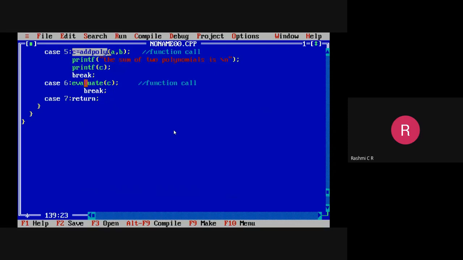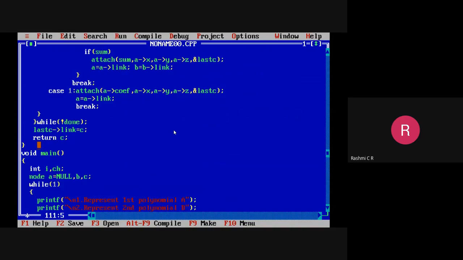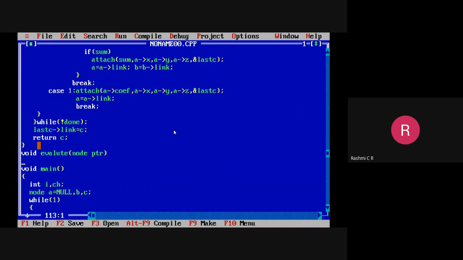Add polynomial is done. Finally, we have to write the evaluate function. So we will check for the evaluate. While doing the evaluation, you know that we have to pass the values of x, y, and z. The input for this is the address of the starting node. Initially, I'll consider the result to be equal to 0. Then specify x, y, z values. We have to enter those values. Then I'll just define the temporary variable current.